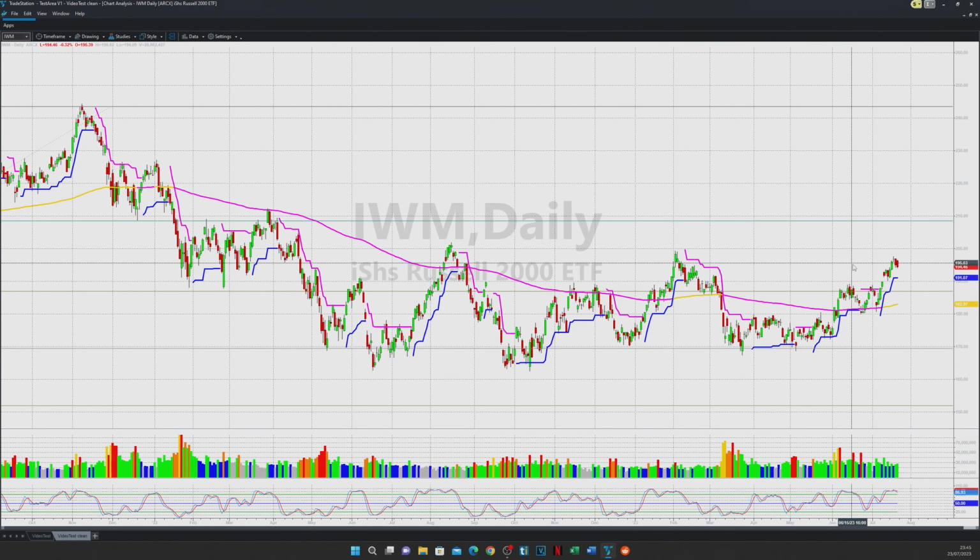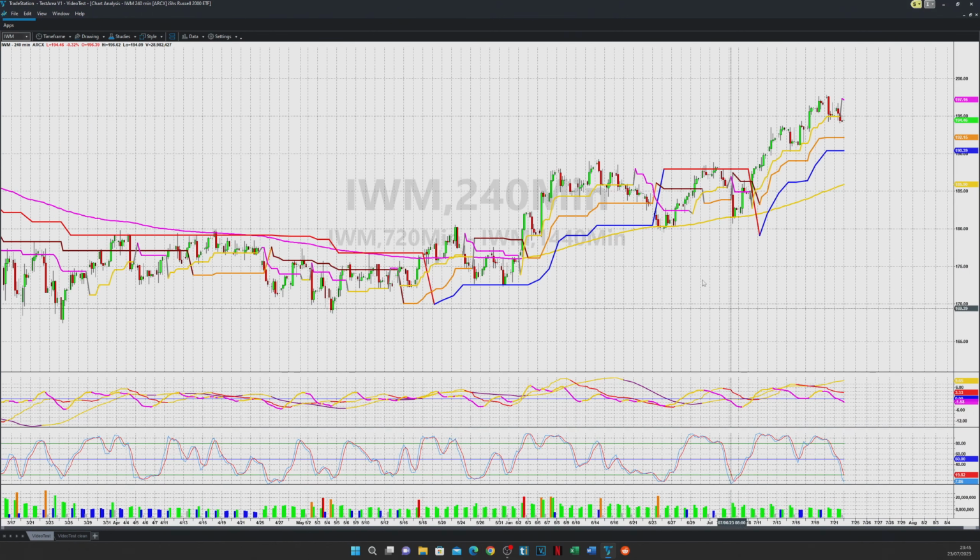People waiting above the 200. Daily doesn't give us much of a clue. Just you can see the volume is weakening. So this is a divergence. The price moves up, but the bar is not showing the volume. So just enjoying the ride. The momentum is still positive in the 4-hour chart. There is a divergence forming.